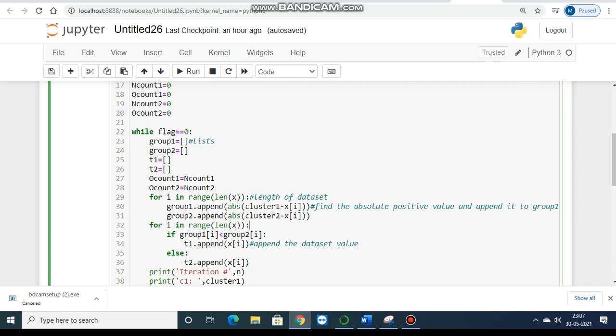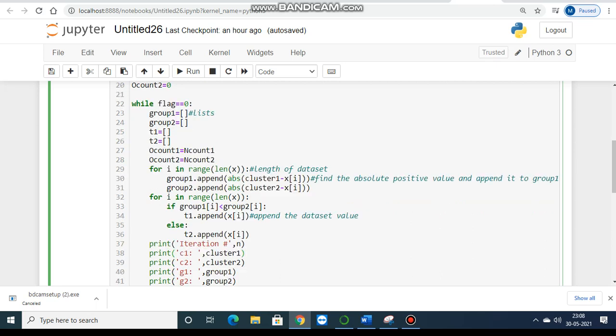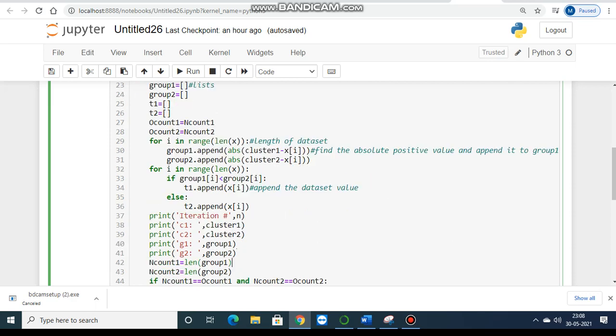In line number 32 we are again using a for loop until the length of the dataset. If the group 1 variable is less than the group 2 variable, then it will append the value to the t1 list, else it will append the value of the dataset to the t2 list.